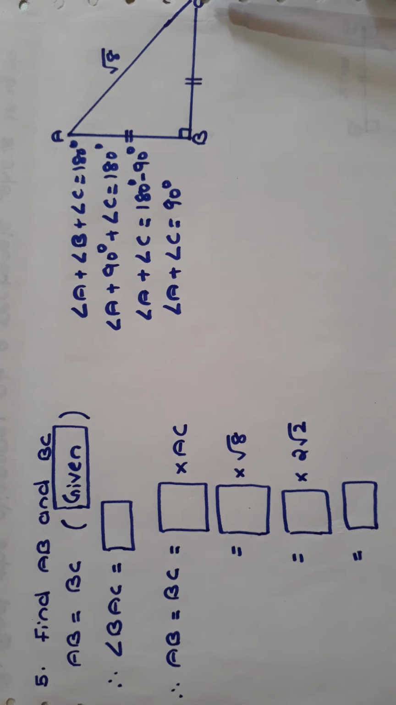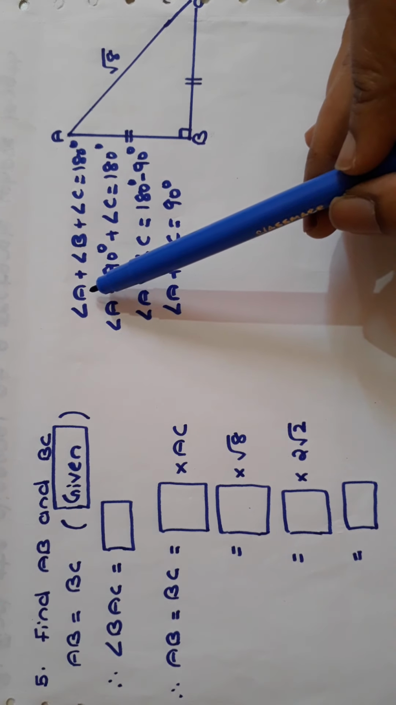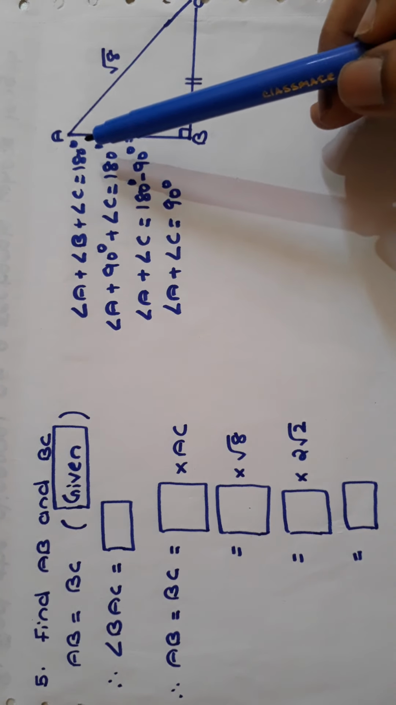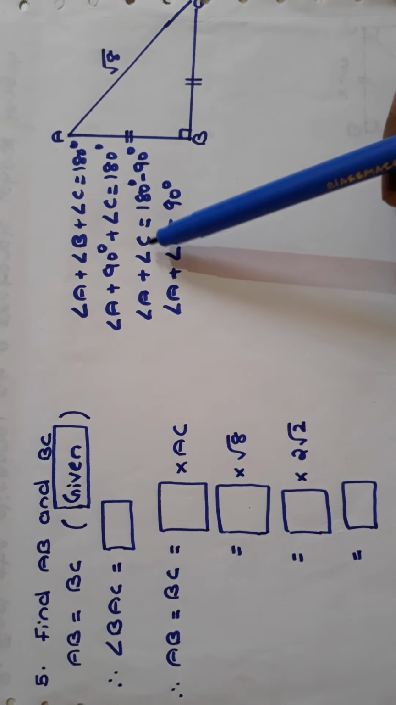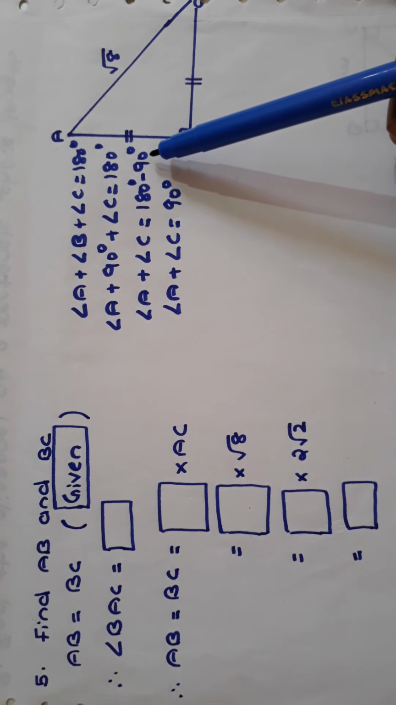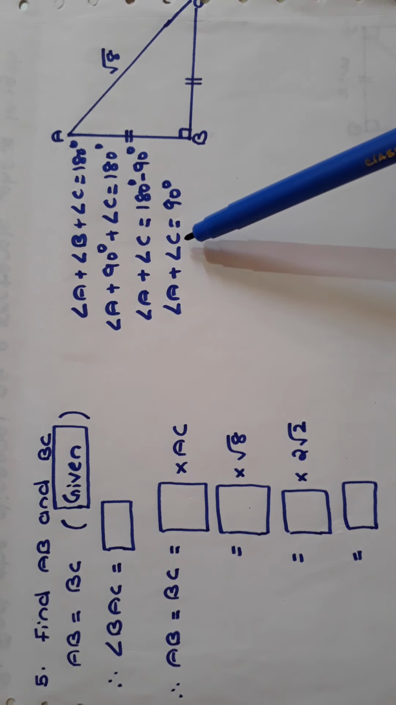Now in triangle ABC, the sum of measure of the three angles of a triangle is 180 degree. So that means angle A plus angle B plus angle C is 180 degree. Substitute the value of angle B. Now that means angle A plus angle C is 180 minus 90, and therefore angle A plus angle C is